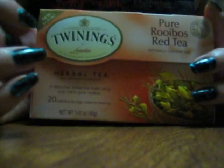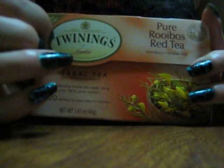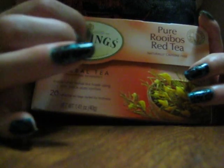Okay, so I'll put this one back. Okay, and I have this time a herbal tea. Yes. And this is by this company. I've heard it pronounced two ways. I've heard it said Twinings and Twinnings. I'm not sure which is correct,